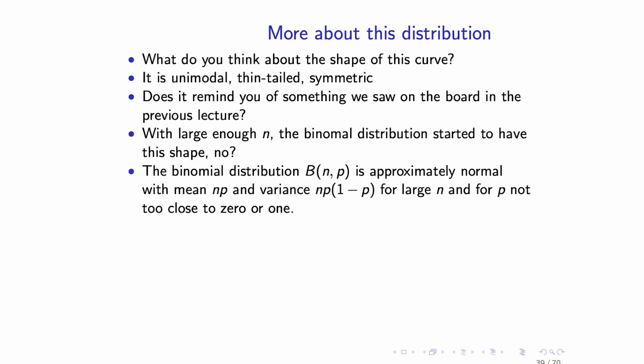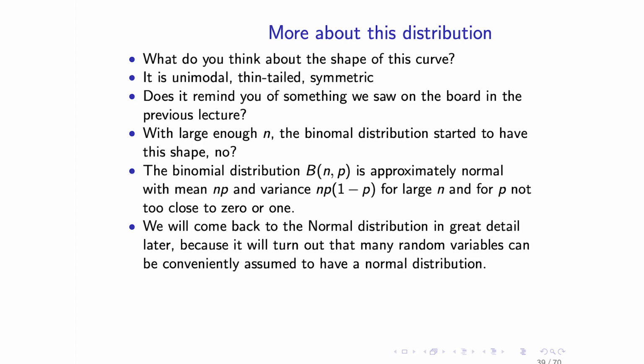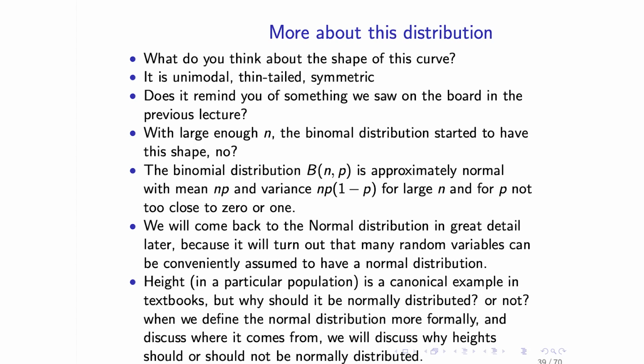for large n's. We will come back to our friend the normal distribution in great detail, because it will turn out, for a very good reason, that not only is it the limit of the binomial as n becomes large, but many random variables we will play with in economic applications and other applications can conveniently be assumed to have a normal distribution. And in fact, if you open any statistics textbook, height is a canonical example of something that's normally